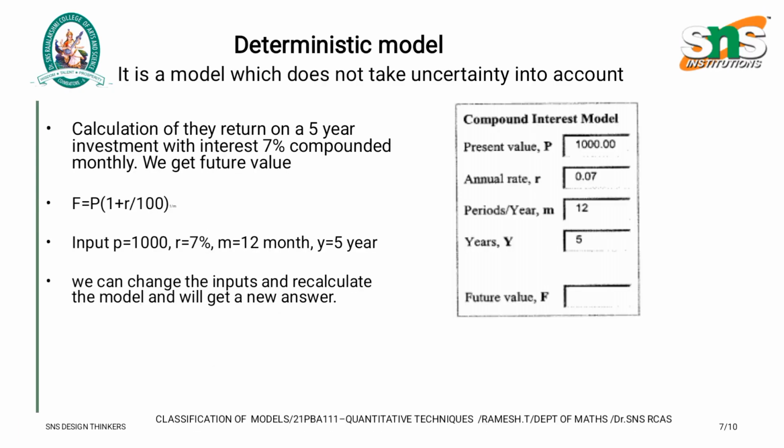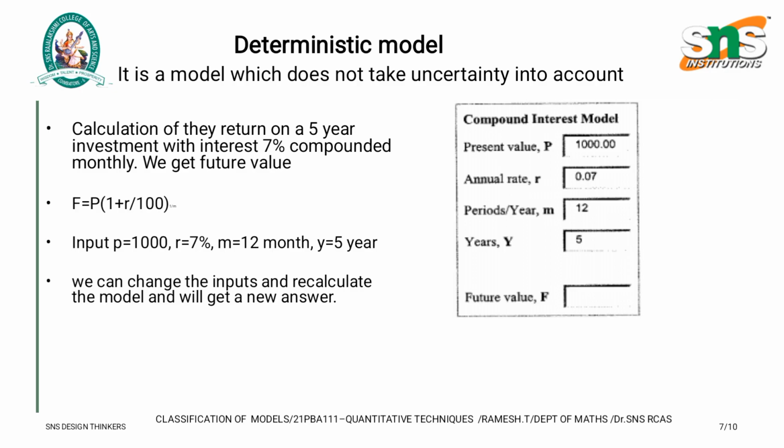The next one is the deterministic model. We find the result with some notations or formula, we calculate the results. That is a deterministic model. For example, here is a model which does not take uncertainty into account. That is an important thing. For example, calculating the return of a 5 year investment with interest 7% compounded monthly, we get a future value. Suppose we have this compound interest model,